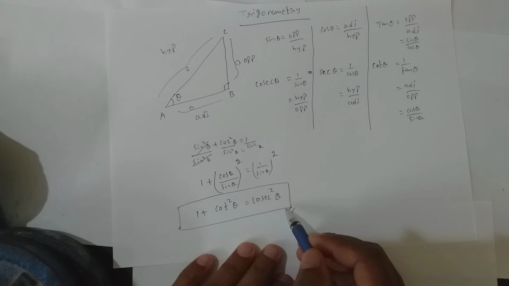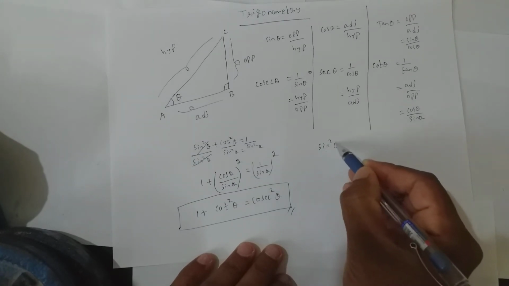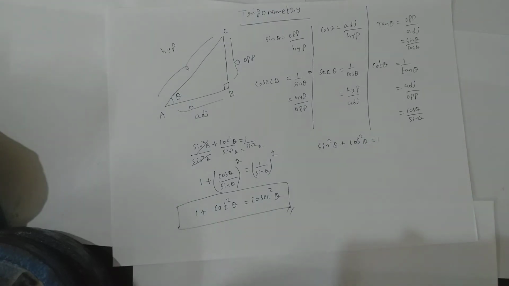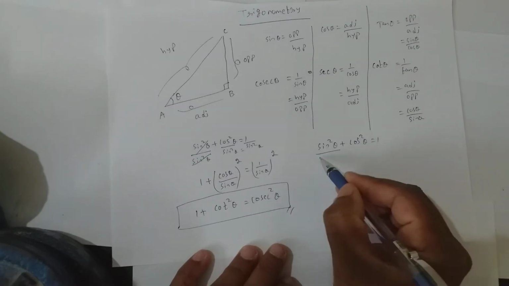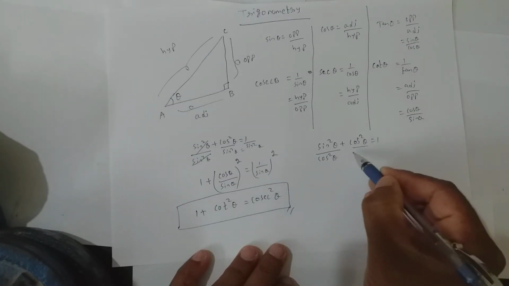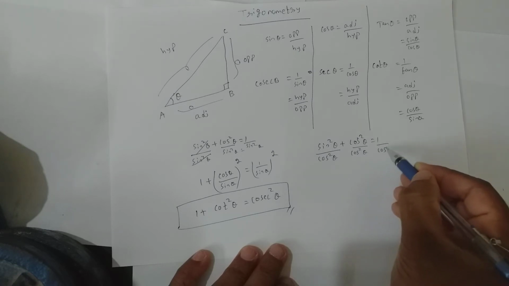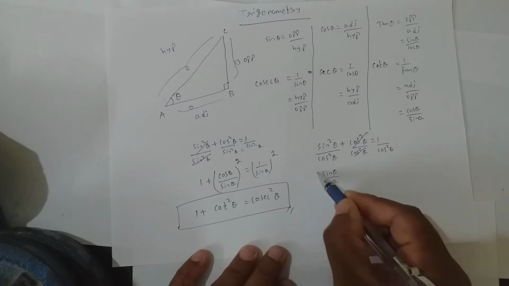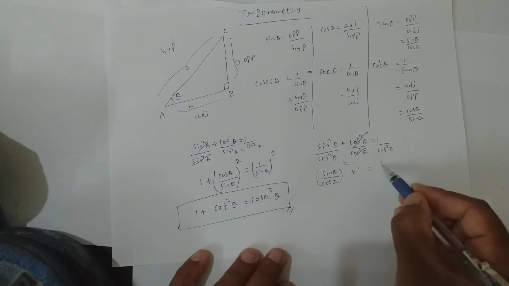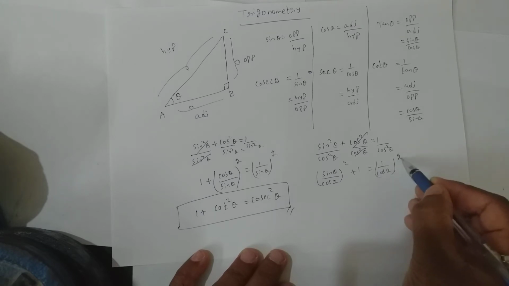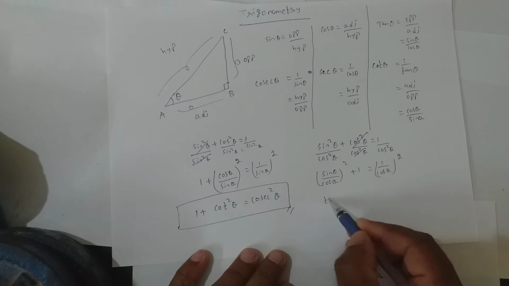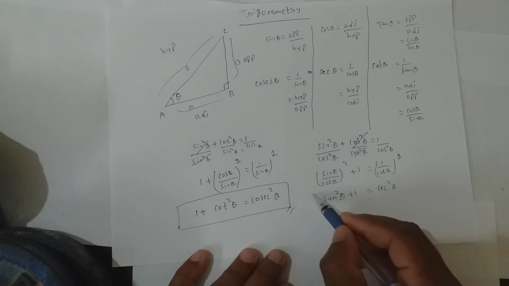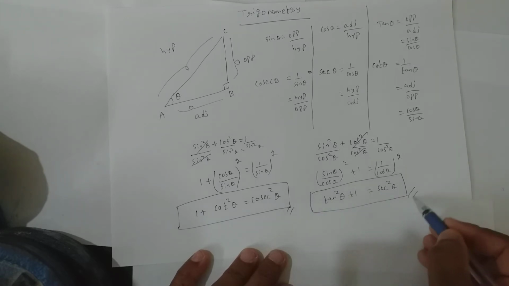This is the second identity. One more is also derived from the same basic identity, sin square theta plus cos square theta equal to 1. Earlier we divided by sin square; this time, what result will I get if I divide each term by cos square theta? So cos square theta gets cancelled, this becomes (sin theta by cos theta) whole square, plus 1 equal to (1 by cos theta) whole square. Sin by cos is tan, so it is tan square theta plus 1 equal to, 1 by cos is secant, so secant square theta. So this is the third identity.